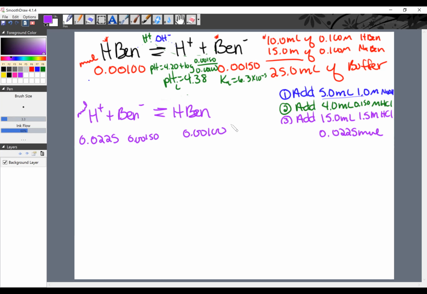Do I have enough benzoate to sop this up? And the answer is no. Oh, sad. So how much can I use? Well, I can only use as much acid as I have benzoate. So that's how I know what to subtract from it. The one I have the least of. Oh, I'm going to use up all of my benzoate. But I do get to add a little H-ben,